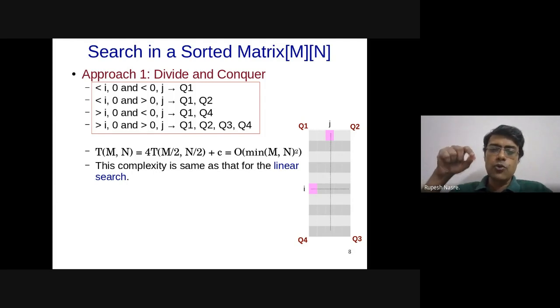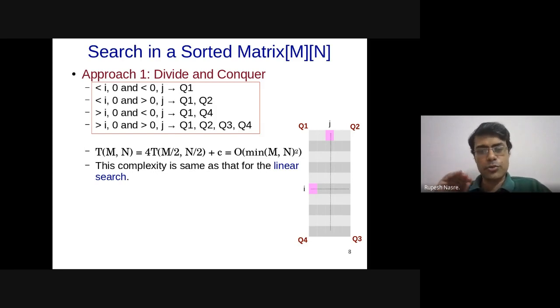But if you go from Q1 to Q3 endpoints, then it becomes difficult because the values are sorted from left to right and top to bottom. So you will end up somewhere in the middle, like our 44, the IJ value. And then you might have to go into the upper right quadrant or the lower bottom quadrant. So that becomes a problem. That can also be tackled. The complexity will turn out to be the same, but it becomes easier when you start from Q2 end or Q4. That's the only thing.